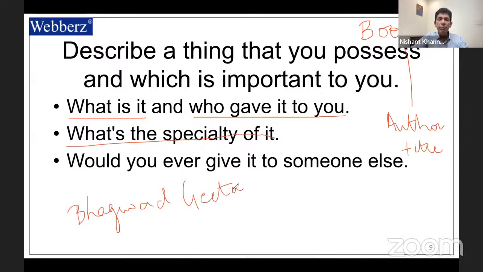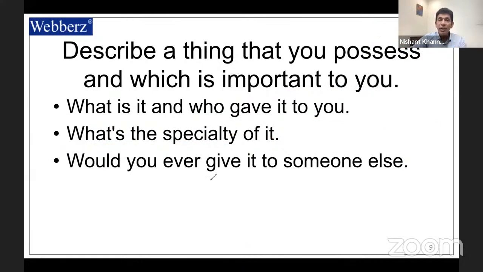Or if somebody else has to say, I got the Holy Quran. That Holy Quran was gifted to me. Or you can say, I got the Bible. Or you can say that that is very important to me, right? Look at the construction of this paragraph, which is very important to you. And you can say, I got Sukhmani Sahib. So there are so many books. You can talk about these religious books that you have. So it becomes very important for you.